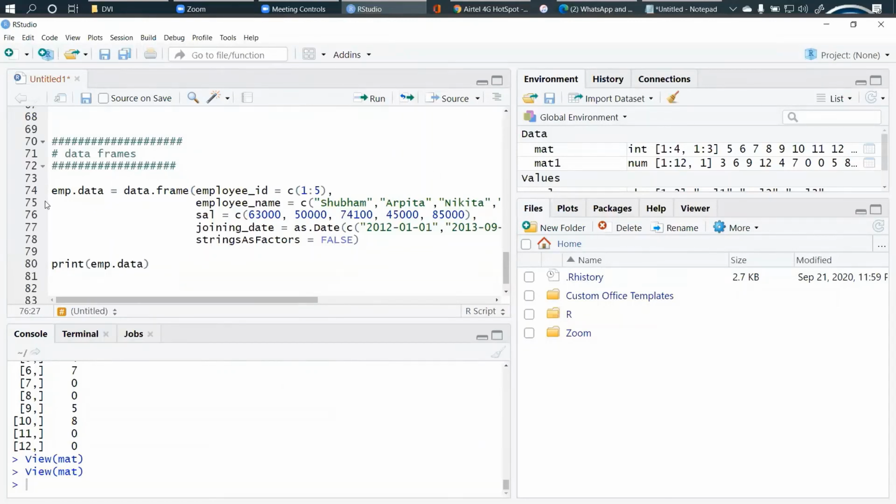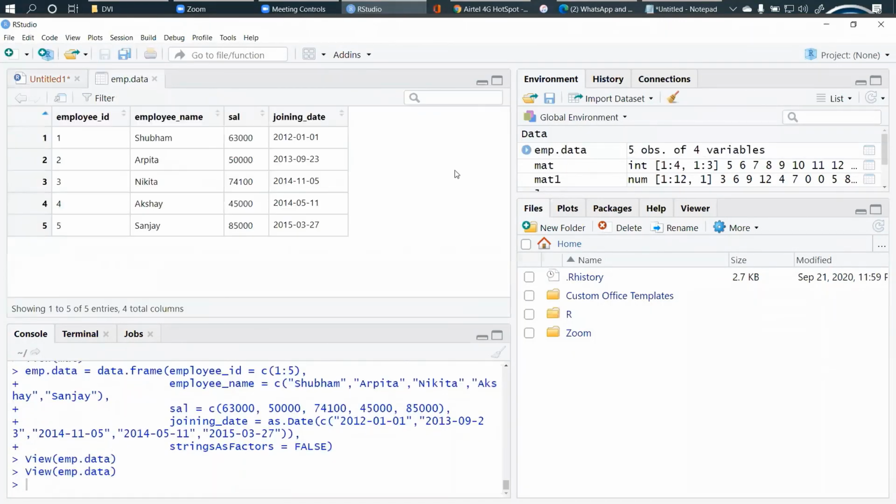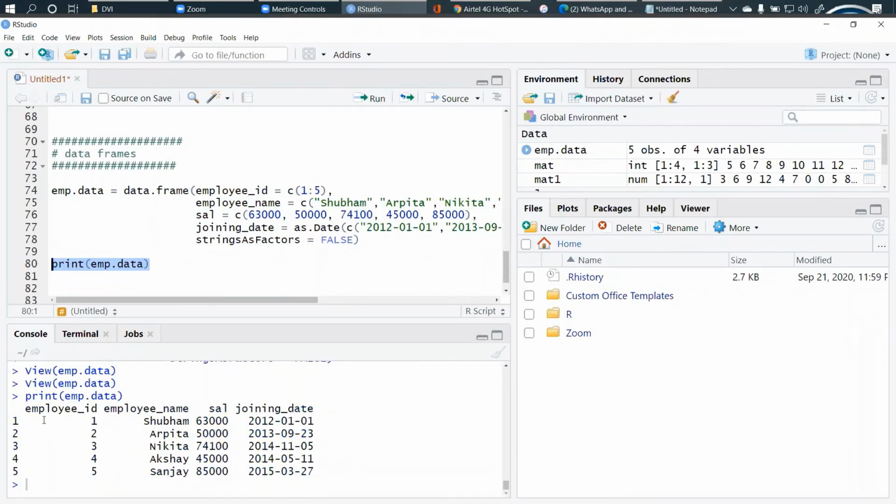Right, so I'll load this first. I see some error is there. Right, so it is loaded. And you can see here we are having employee ID, name, salary, and their joining date, right? In this way, we programmatically print this data. You can see everything is being printed over here. So this is how we create a data frame, right?